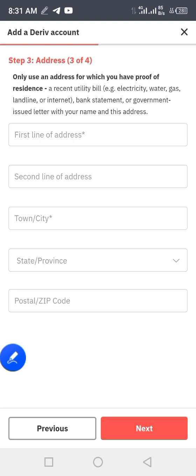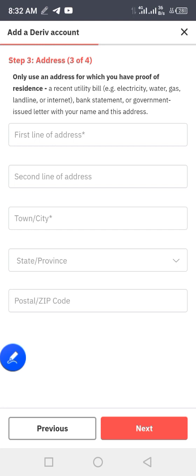Make sure that the address you're putting in is what you have on your document. It's the same address on your document and carries your name, because you're going to be sending a screenshot of that. So look for that name, the number there. Make sure the address, look at the address there. You can use the address for first line address. Then for second line address, they will also ask for